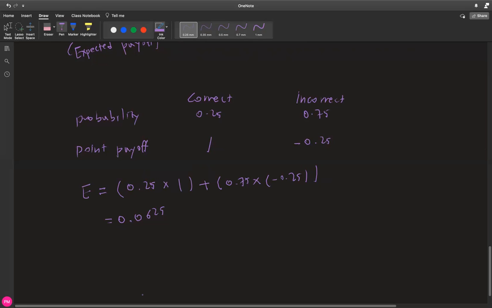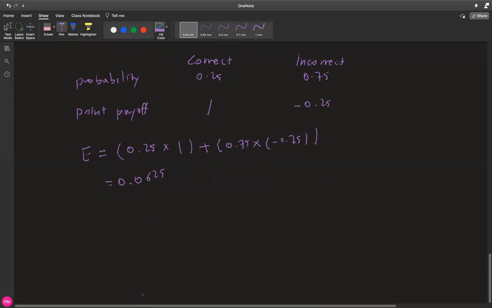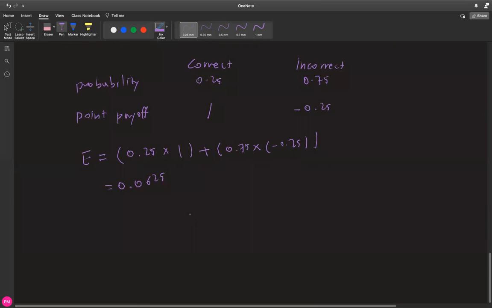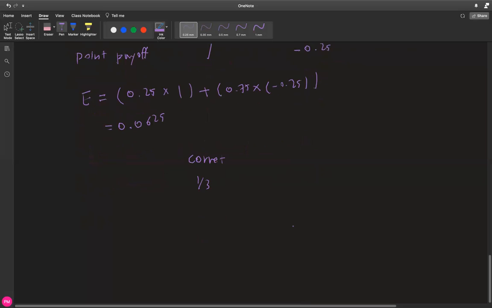Let's do one more. Let's say for the correct probability, you now have a 1/3 probability. In other words, now you're choosing out of 3 choices. And for the incorrect, because you're choosing out of 3 options, you have a 2 out of 3 probability of getting it wrong.